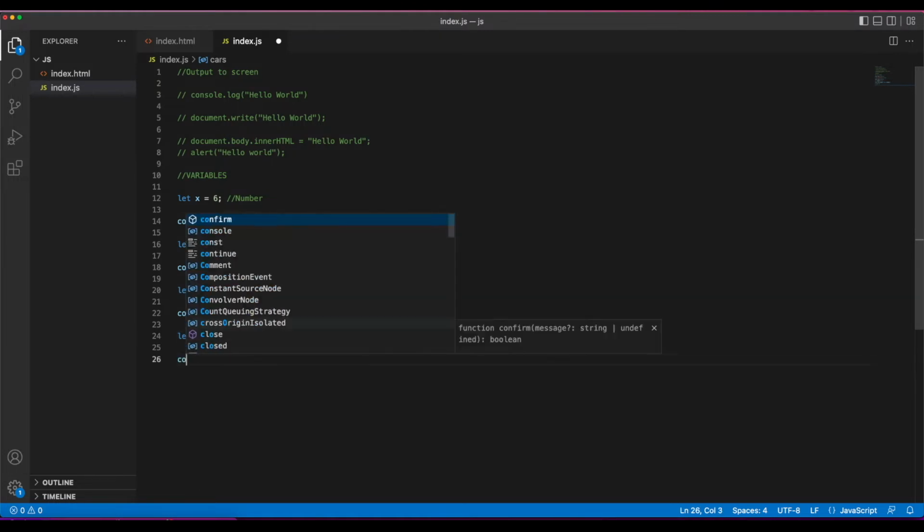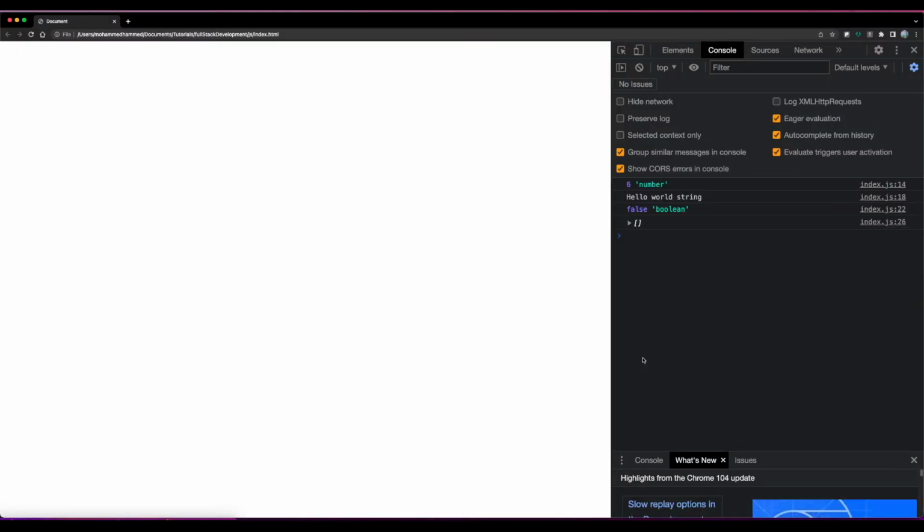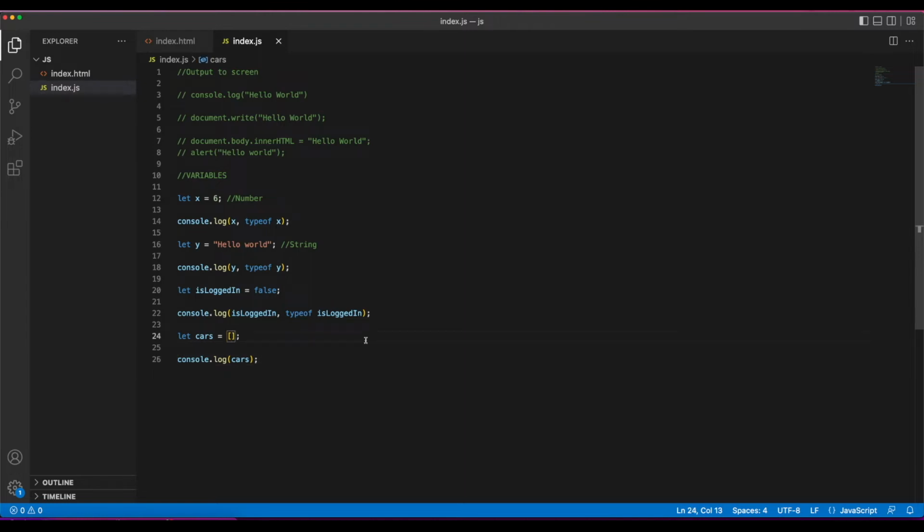And if we try to console.log cars, you'll see that it's set to just an empty bracket right here. If I try to add data into this cars array, which can take in any sets of data, it can take in numbers, strings, it could take in boolean, it can even take arrays. So you can add arrays within arrays, but to simplify it, we'll have different types of cars. We've got BMW, we've got, I'm not very good with cars, but Toyota,